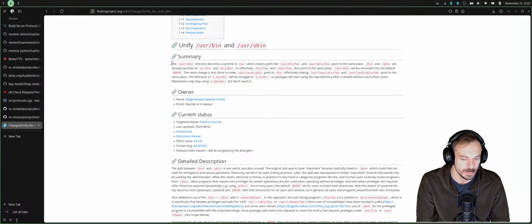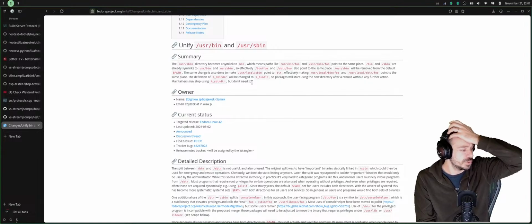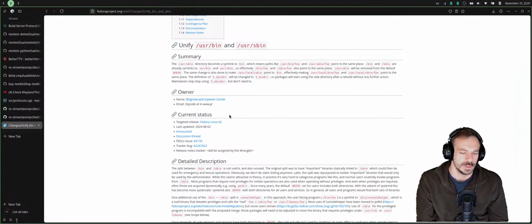Like if you would generate a date somewhere in the binary and it would change for every build, then they would have to patch it out. I'm not sure if this is true or not, but just read about that somewhere. And this is kind of a huge effort to do for every package.